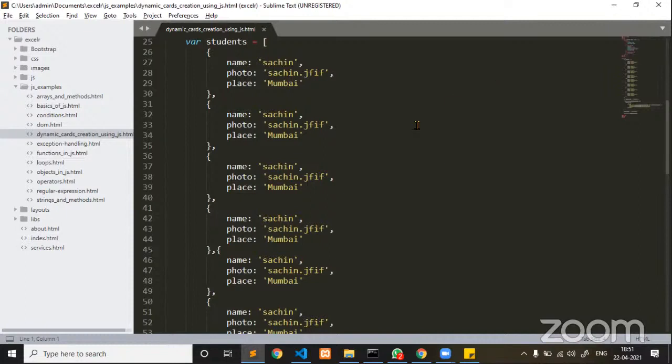Many people are already using some applications in day-to-day life. If you go to Amazon, or if you see Facebook or Gmail, or whatever application you use on a daily basis, all these applications are dynamic applications. And in real time, guys, the companies prepare both dynamic and static applications.